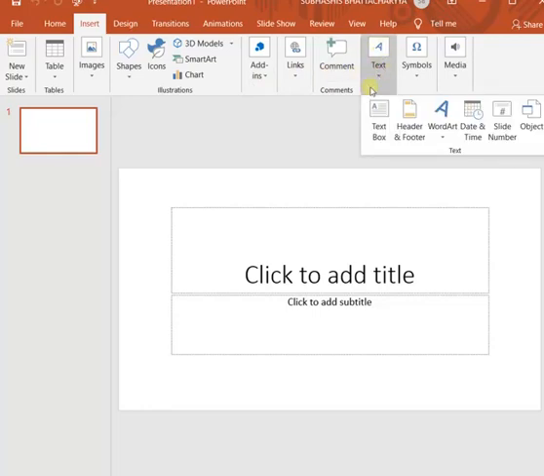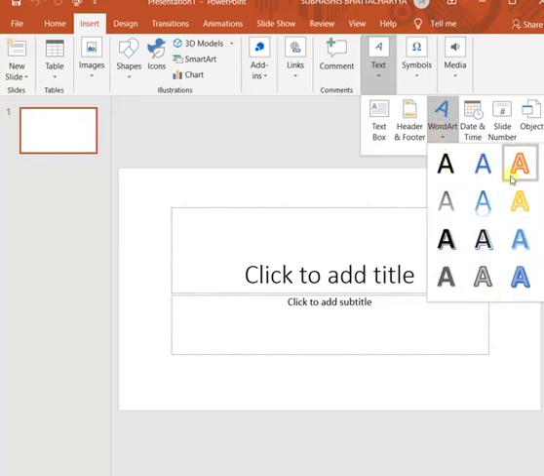Under this text option in the ribbon, we can see some options are there. Here we will get word art. Click on it, you will get many options of word art. Now what is word art? Word art is a special gallery.